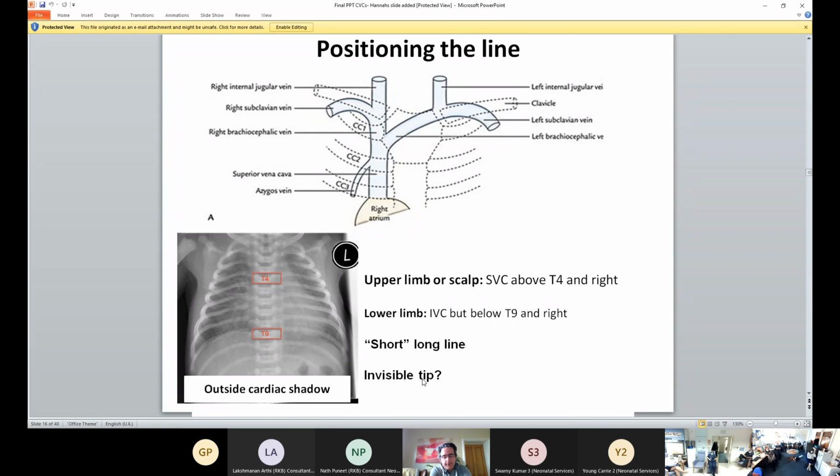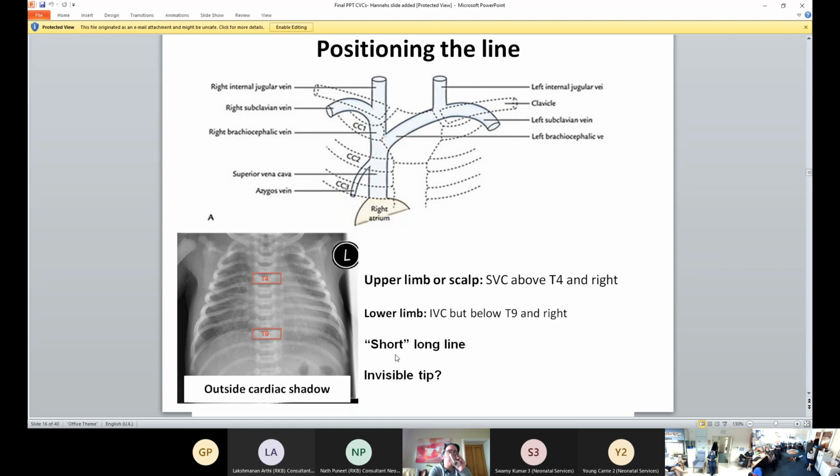I remember I used to do that in Bristol in 2012 for all long lines, even the premicath ones. However, nowadays no one uses the contrast because they think that with advances in PACS technology, you can play with the contrast, so you can see the long lines without